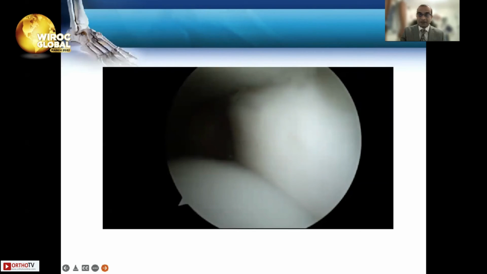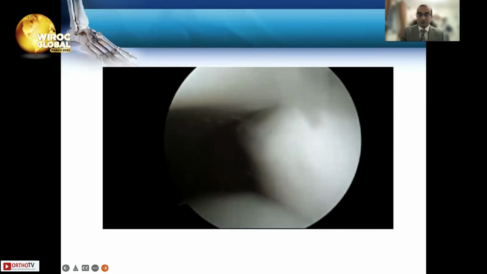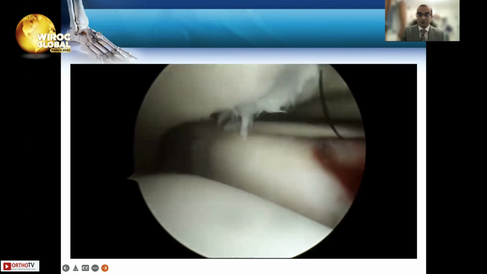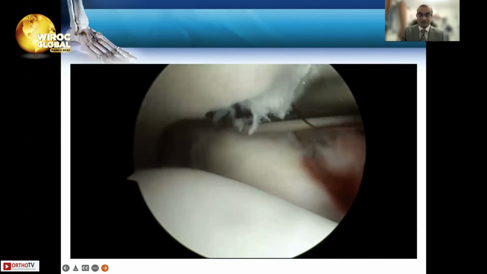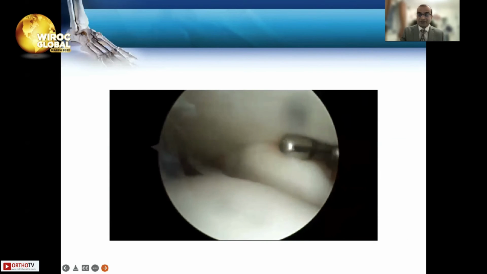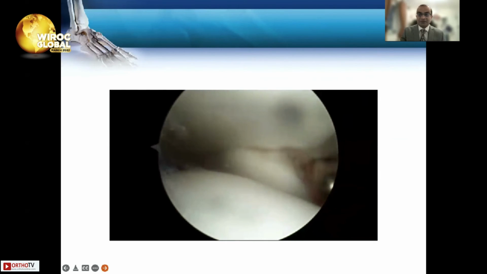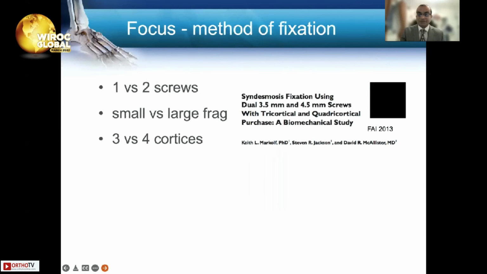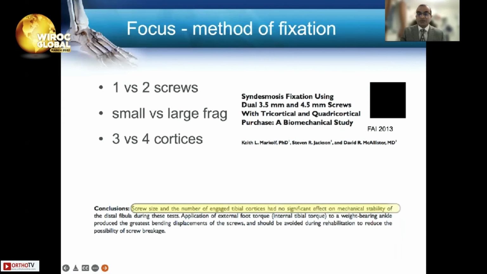Now, arthroscopically, you could assess the instability of the syndesmosis by anterior-posterior translation. You could then debride the syndesmosis to remove any synovial fringes in that region, and then recheck the syndesmosis once you've stabilized it. You could use 1 screw, 2 screws, small fragment, large fragment screws, 3 cortices, 4 cortices, but there's evidence to show that the screw size and the number of cortices do not matter as long as you can maintain the stability by any of those measures, depending on the patient factors as well as the accuracy